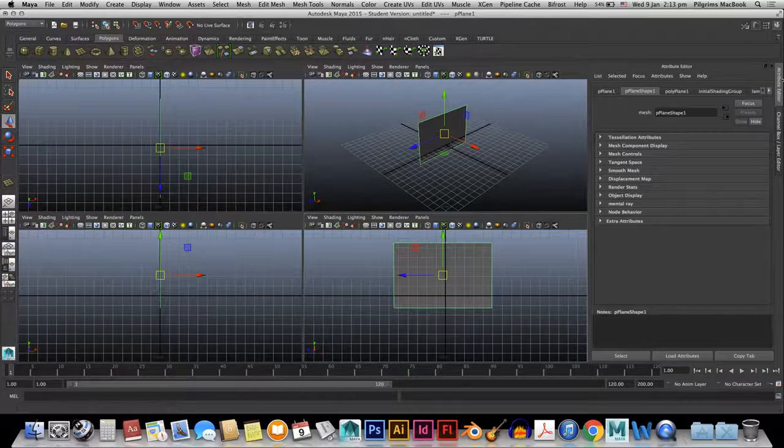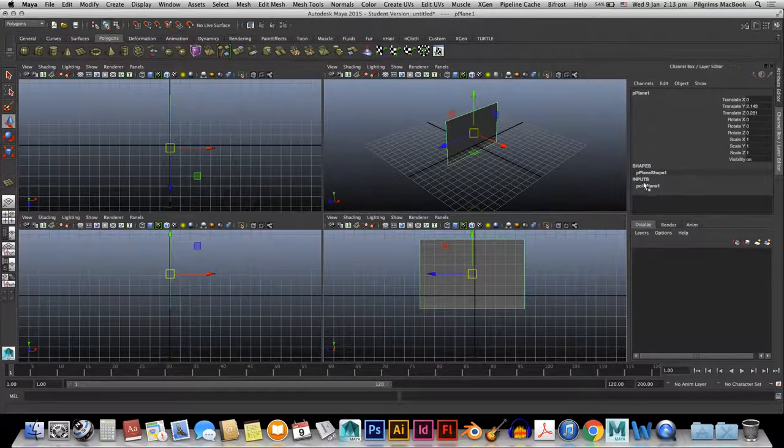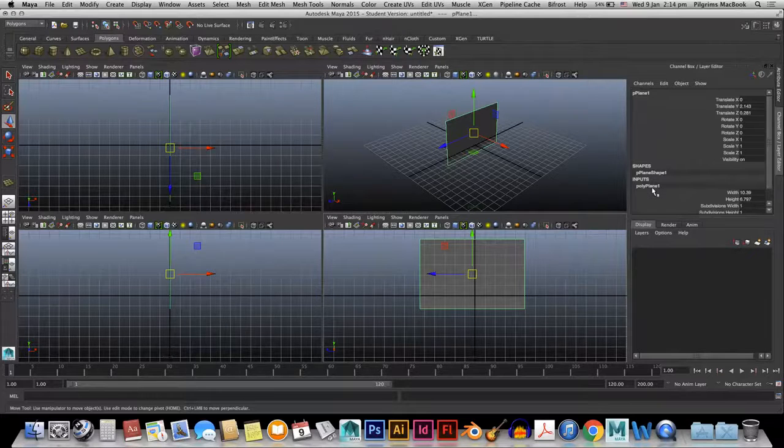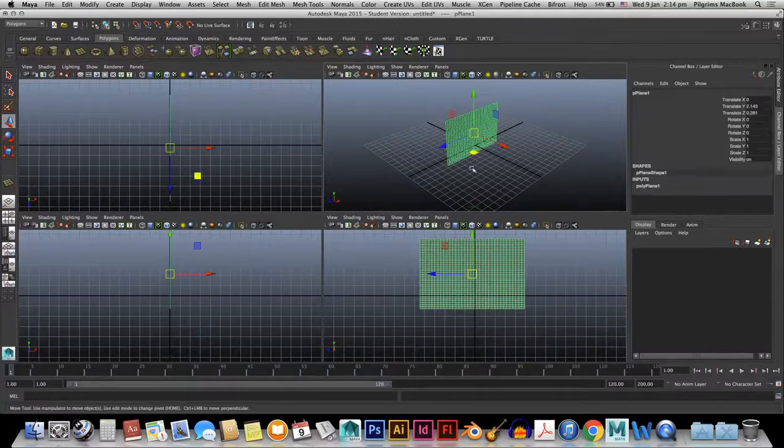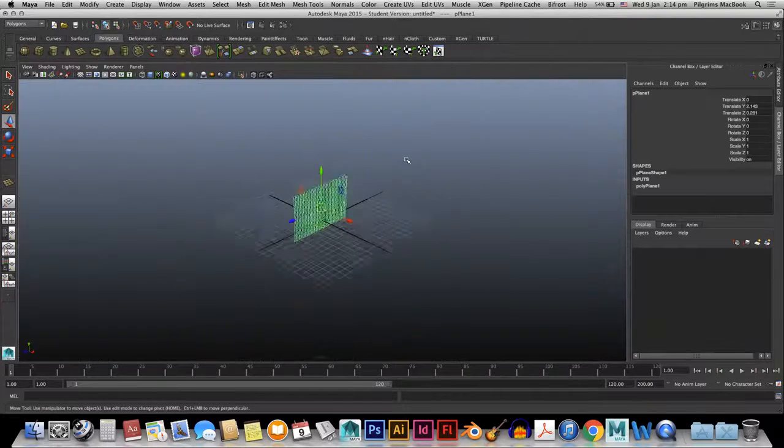Okay. So I will go to channel box and layer editor, and here you have the input which is polyPlane1. We'll click this and will increase the subdivision width. So I will take 35 would be fine, and 35. So width and height both are 35. As you can see, the segments have increased. Now I will make a little bit more space between the grid and the flag, and for support I will just make a cylinder.